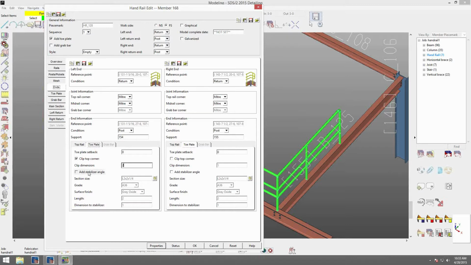And there's also an add a stabilizer angle. If I check that on, it will be the section size of the stabilizer angle, and this will be based off of the left end of the toe plate. So we have the grade, the surface finish, we have the length, so how long of the angle you want, and then dimension to the stabilizer. That would be in the primary units again, from the bottom left corner of the toe plate to where the angle starts. So maybe I'll put that at 3. So if I click OK here